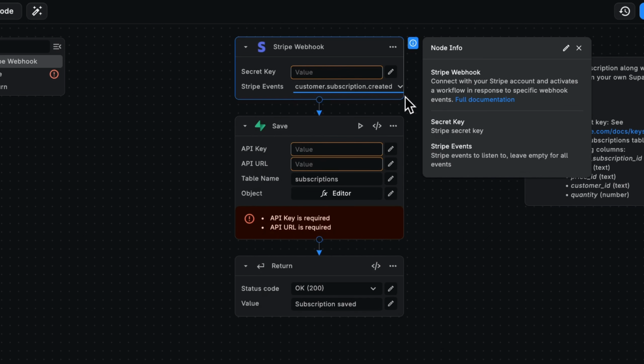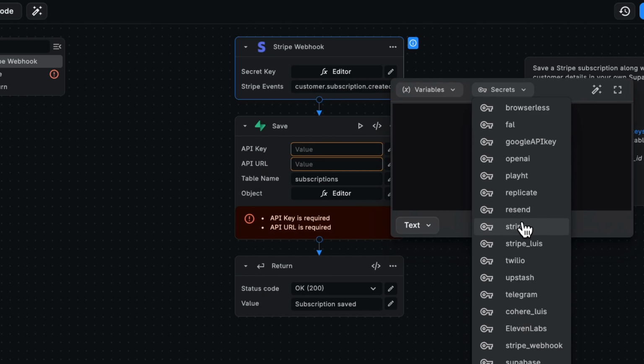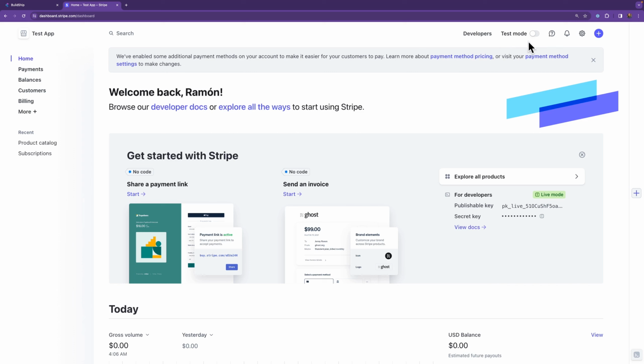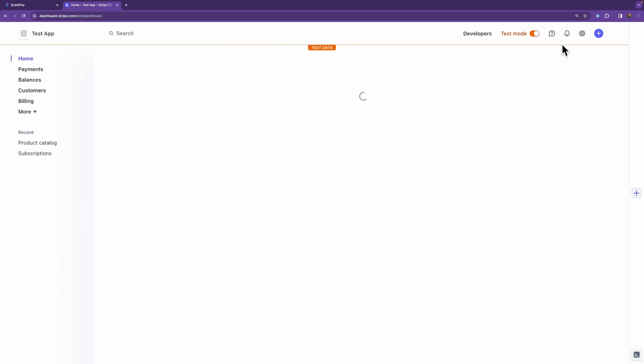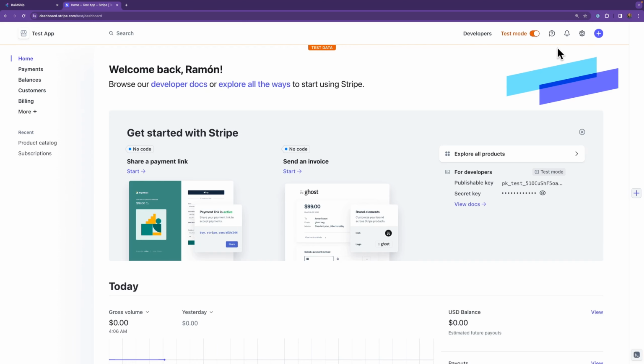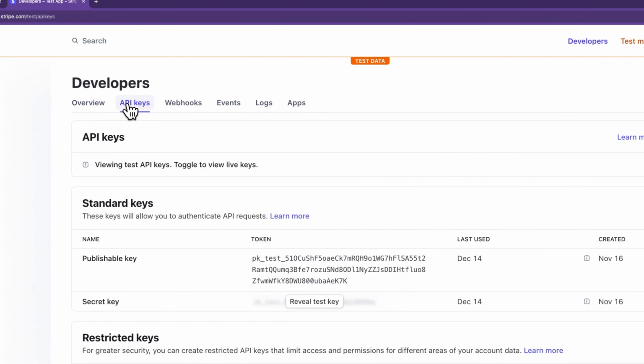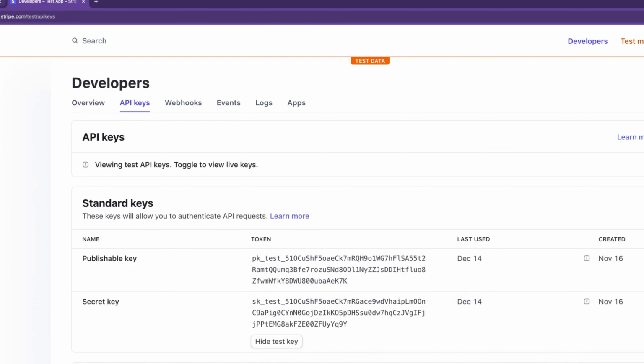So how do we get our secret key from Stripe? Now I've already got a Stripe key. But let me show you how we can get our own. Let's go over to Stripe real quick. So here I am in Stripe. I'm going to go ahead and activate test mode just for the sake of this tutorial. So I'm going to go over to the developer tab and look at my API keys. Now I'm going to go ahead and grab my secret key, copy that,